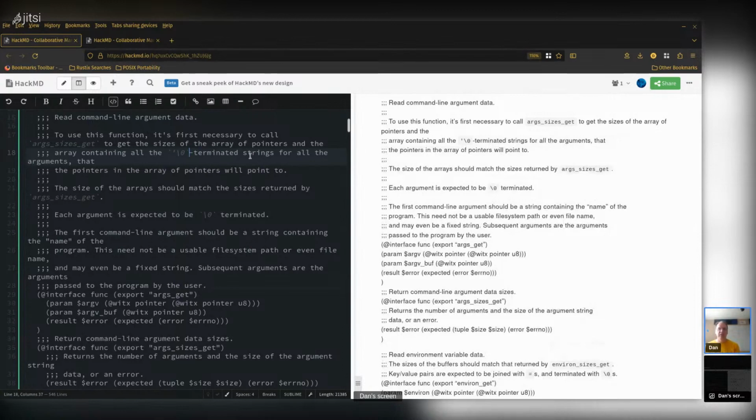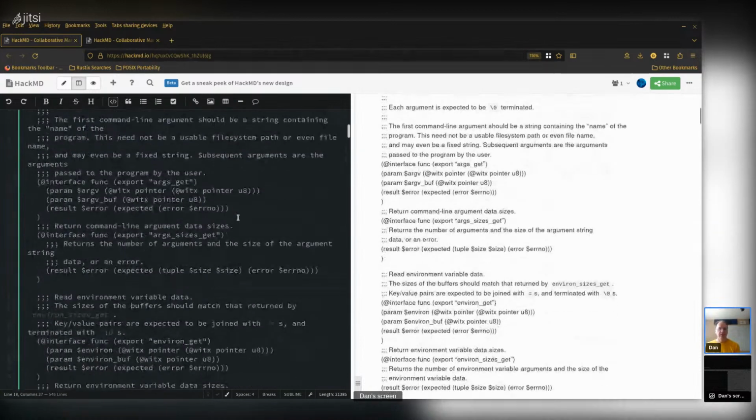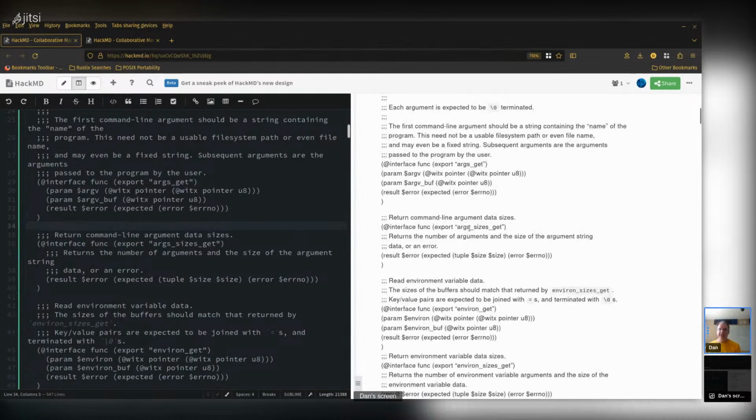So null terminated strings for all the arrays. Let's keep going here. Subsequent arguments are the arguments passed to the program by the user. Okay. So then we also have the function args_sizes_get, and this is the function that returns the sizes for